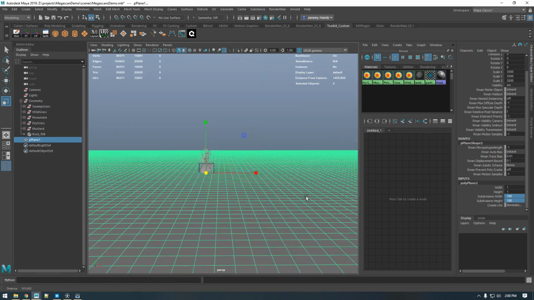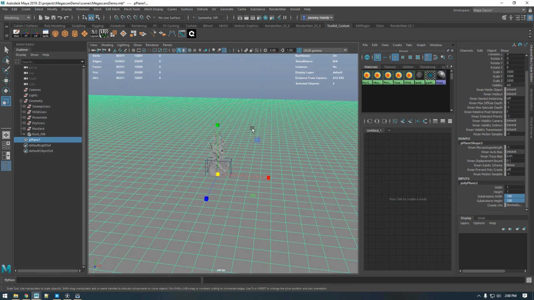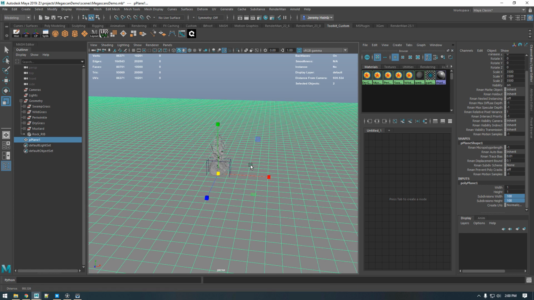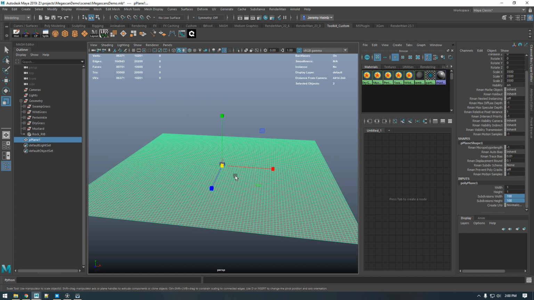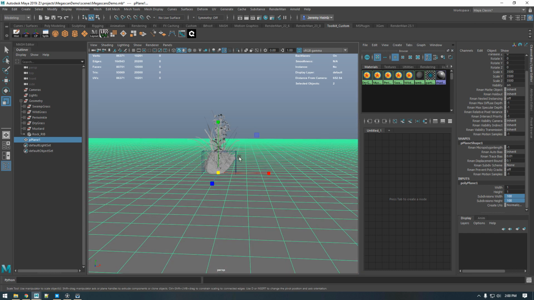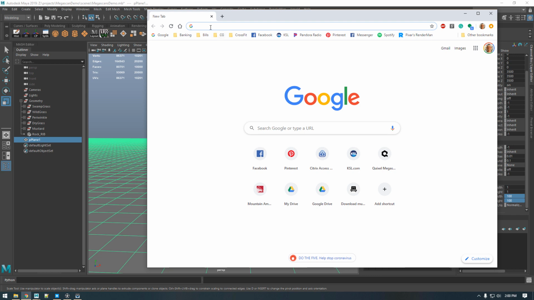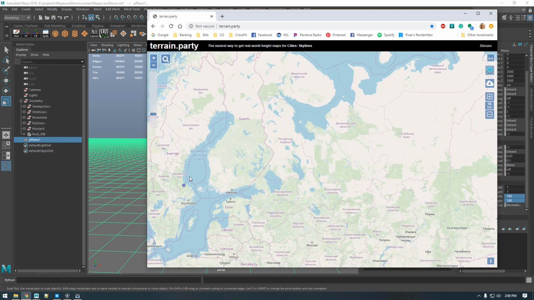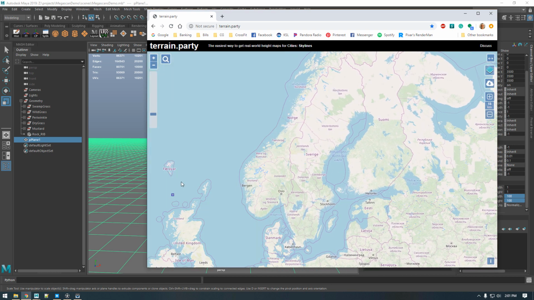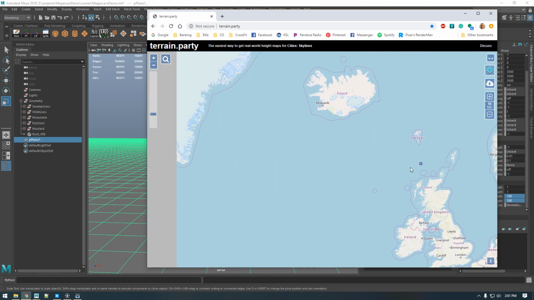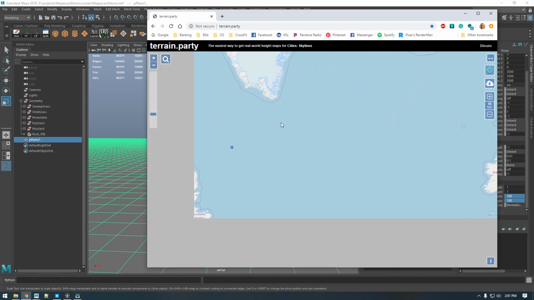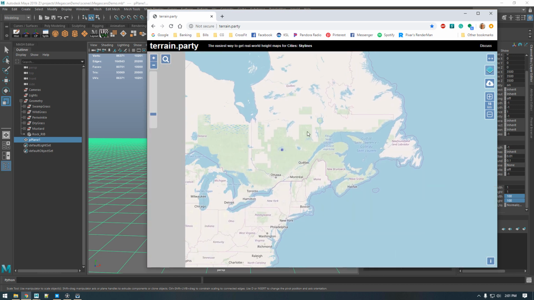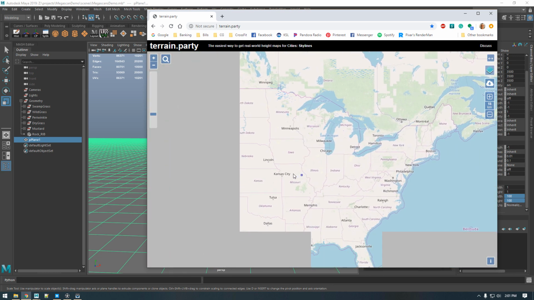100 and 100. And then one little trick I like to do to get some deformation to the ground plane, instead of maybe using the sculpt tool and painting or sculpting different hills and valleys, there's a cool little website I like to go to called terrain.party. It's a website where you can download height maps from real world geography. So you can drag this little blue rectangle wherever you want. It defaults over in Europe, but I'm over in the States. So I'm going to take a height map